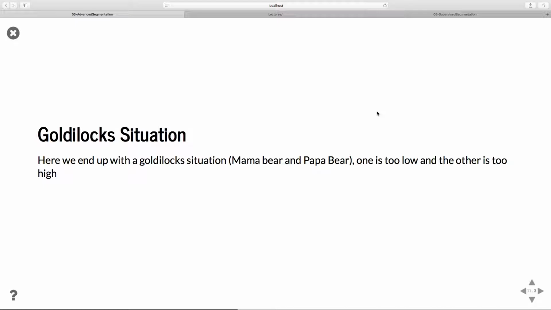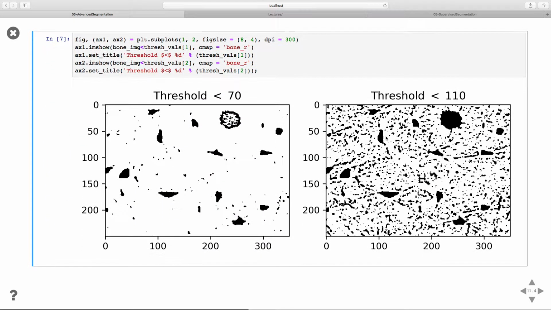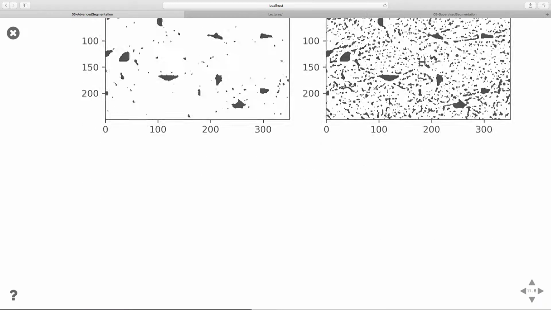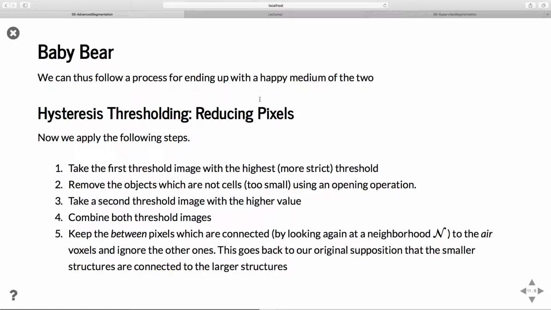And so what you end up with is this kind of Goldilocks situation where you have one threshold that's way too low and one threshold that's too high. But finding one in between that works well isn't very easy. Here the threshold of 70 gets the cells quite accurately, but the threshold of 110 gets the cells but also a lot of other junk. So it's hard for us to get everything we want without getting a lot of noise and junk as well. And so this is where we try to get a happy medium between them,